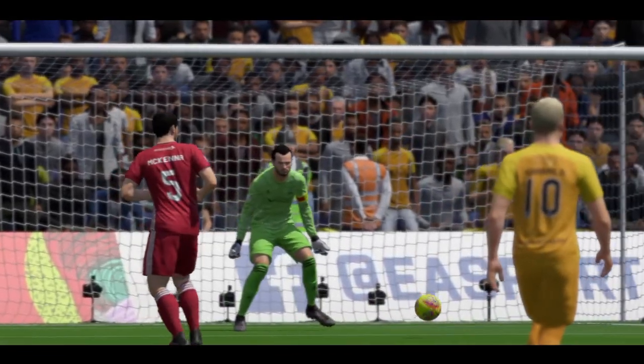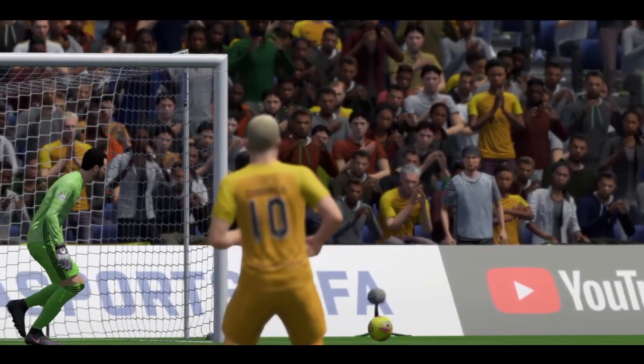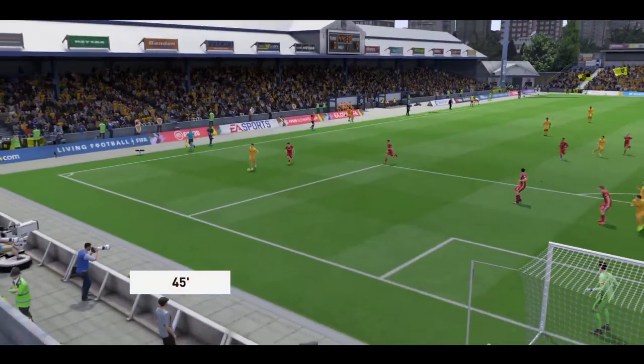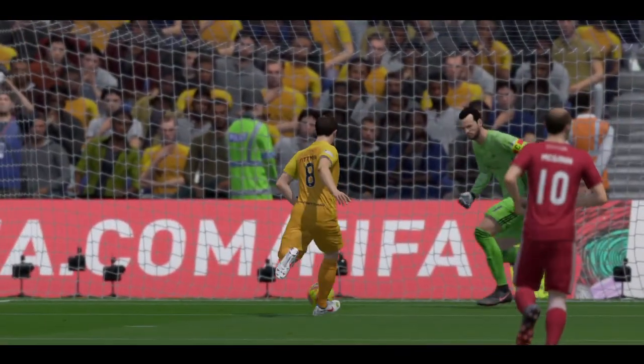And this is the thing, really. We're seeing highlights from Livingston because they had the more dangerous opportunities, but Aberdeen had the lion's share of the possession, and particularly in the Livingston half. So 3 highlights in the end. And this is the goal here. Pittman